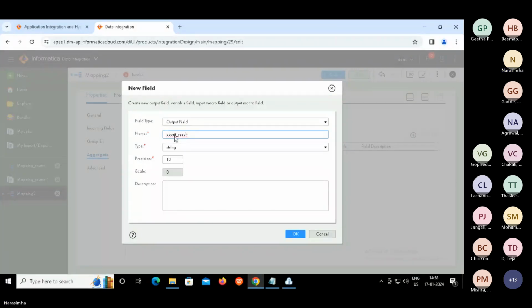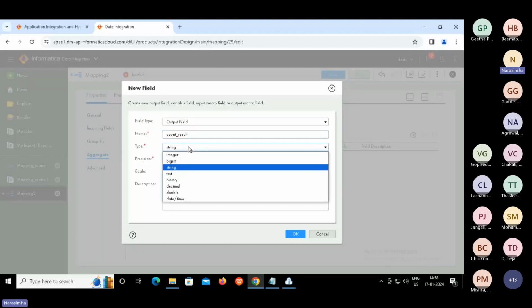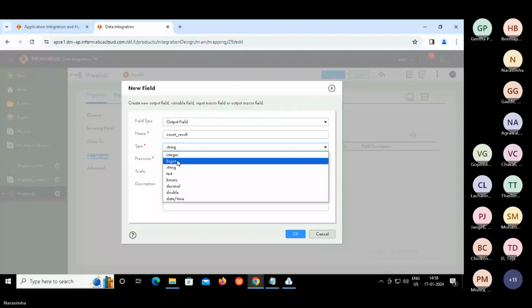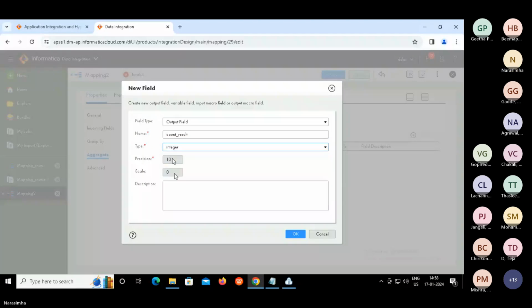Yes or no? And type is going to be, let us say, integer. Then say okay.